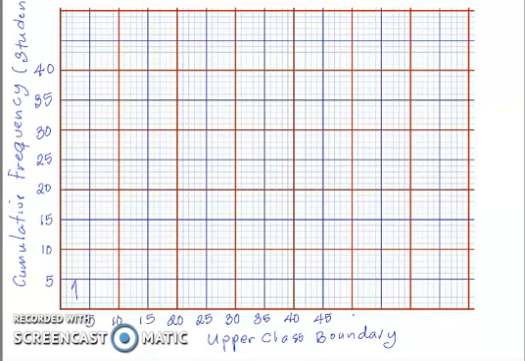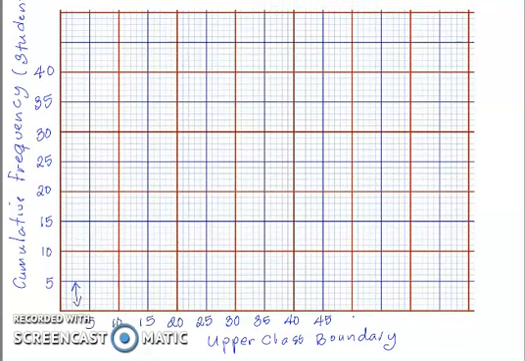So this is 1 centimeter, and it's 1 centimeter to 5 students. The scale on the horizontal axis is also 1 centimeter to 5 students. The points I would need to plot are 10.5, 3. All right, looking at it,